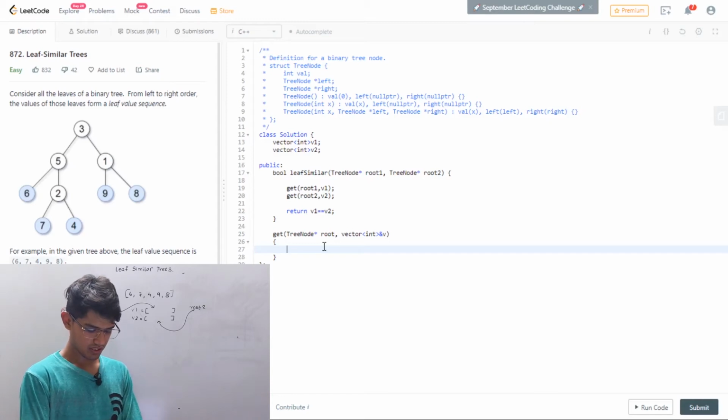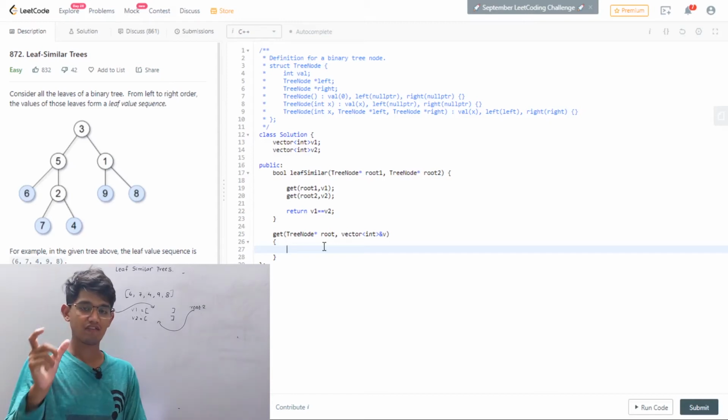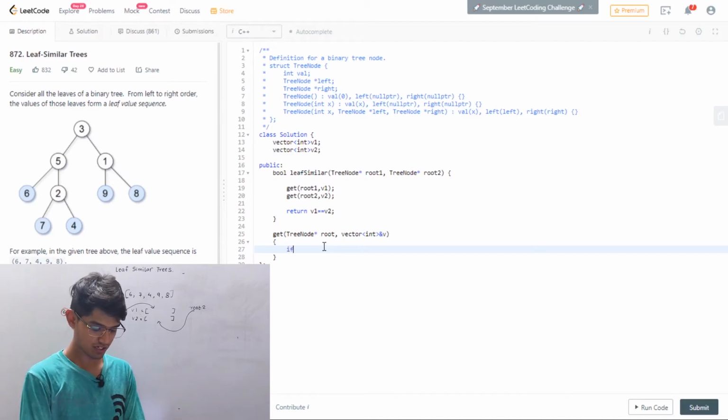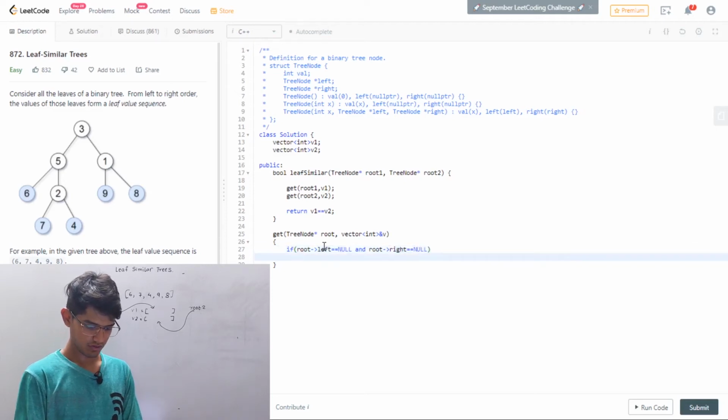So the first condition is whether the node we are visiting is a leaf node or not. For that we need to check two conditions: if root's left is equal to null, and root's right is also null. So in that case it is a leaf node.